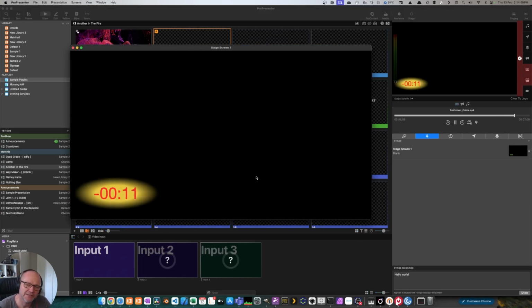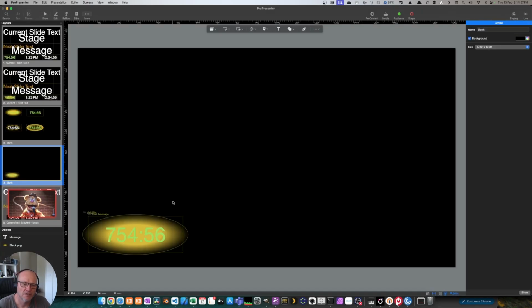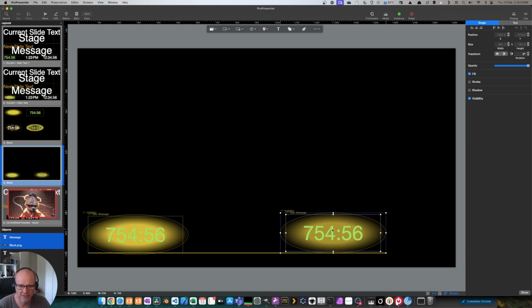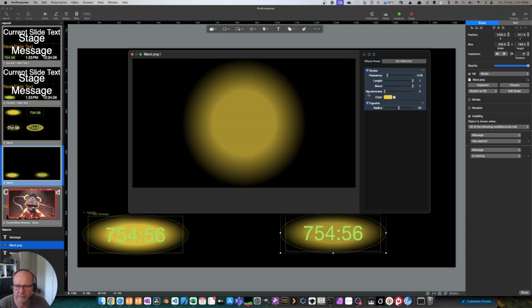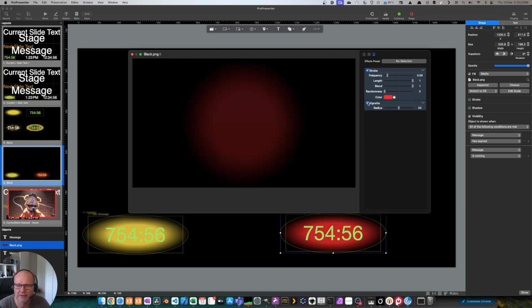Getting the text itself to flash requires a little bit more tricky work, but let's do that. And we might do that by duplicating that and then just pasting that message and black image over here, do them side by side. That's these two top here, so let's work on them. So I'm going to get it to flash red, so I'm going to edit the image that's behind it and go into the inspector, go back to those effects where I've achieved a yellow flash. I'm going to change that to a red strobe, and I'm going to get rid of that vignette so it's